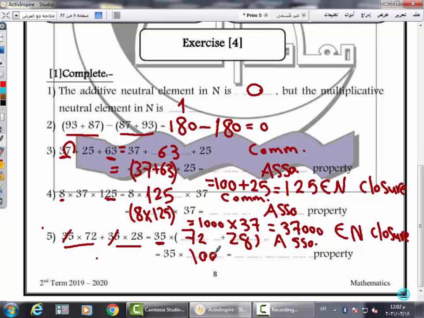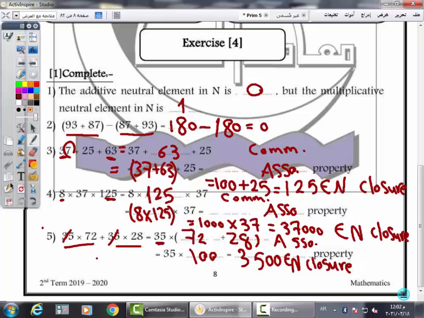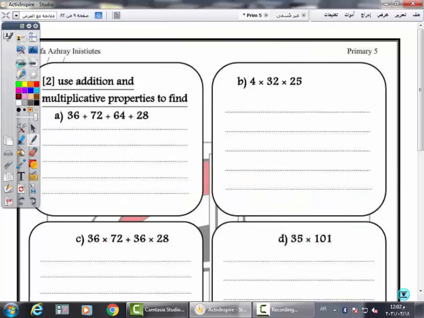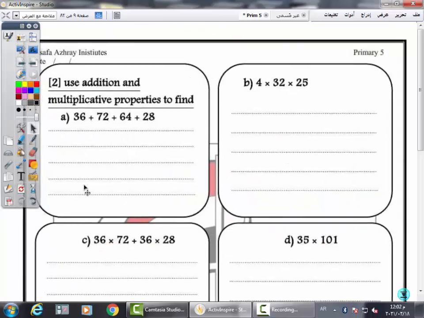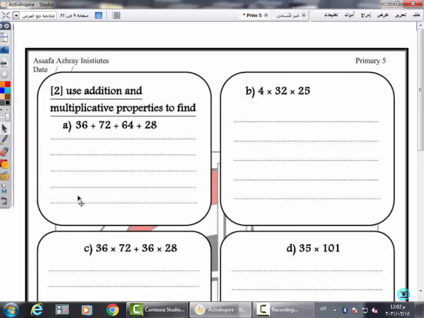35 by 100 equals 3,500, and this belongs to N, and this is called the closure property. Turn the page. Use addition and multiplication operations to find